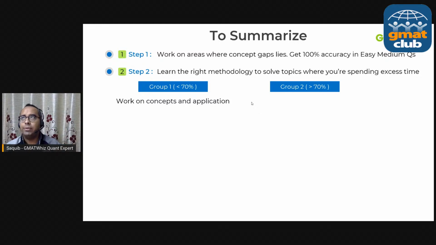So for example, you might know how to solve an absolute equality question, but you might not know how to solve an absolute inequality. And that is why your skill score is less. So you need to go and learn absolute inequality, work on application, and push your score to 70 plus. If you have already got 70 plus, then start doing more hard questions and see if you can